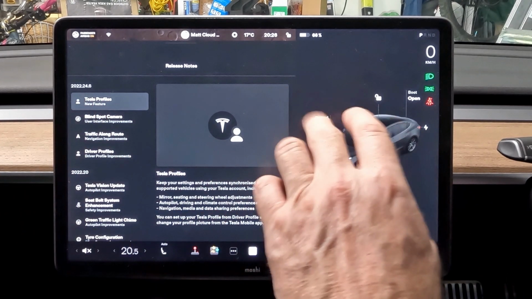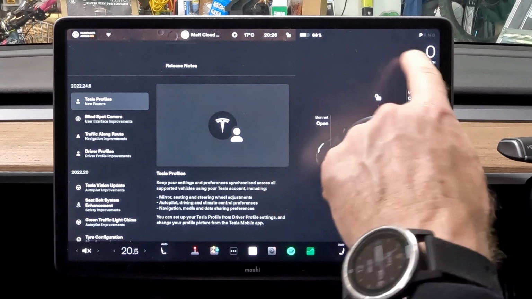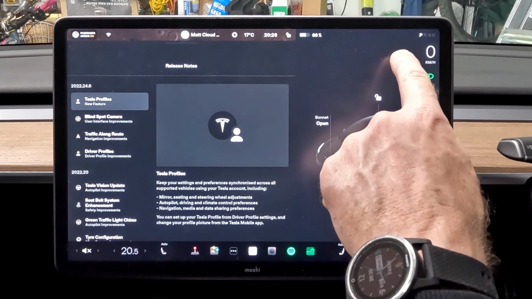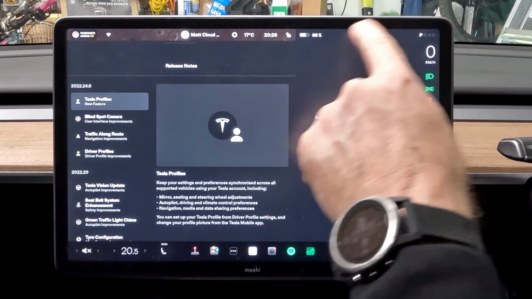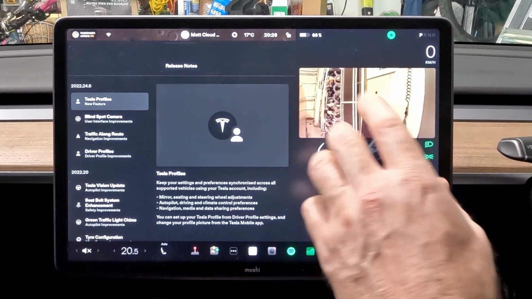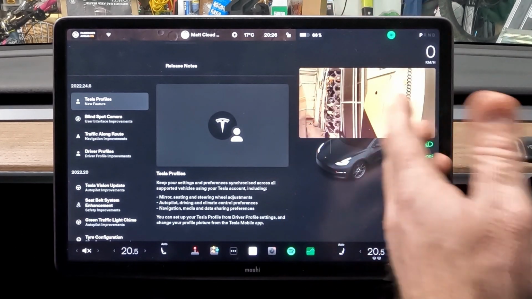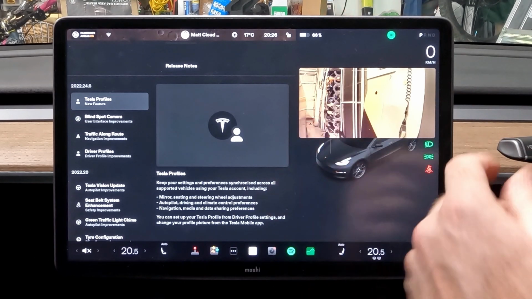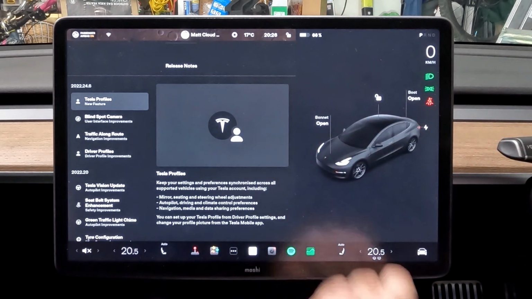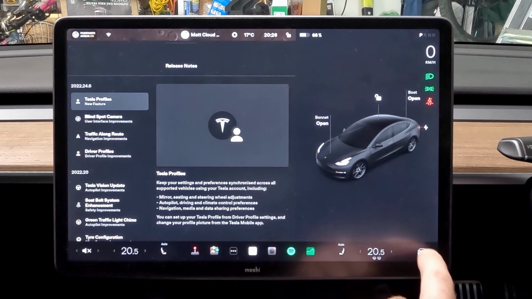Now, I've told you about a couple of the undocumented changes, so the navigation guidance comes up here as well, and the indicators have shifted to the top here to make them visible with the blind spot camera. Everything sort of shuffles around here to make room for that. That's quite good. But one of the other